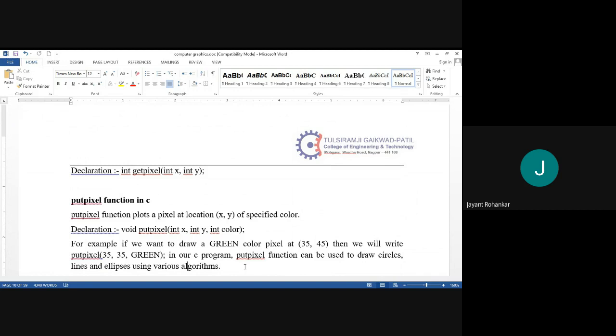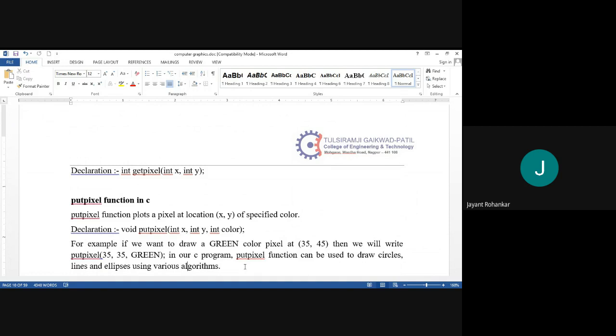So we have to give the pixel a color different from the color of the screen, to draw it at a particular location having the coordinates x comma y. The declaration of the putpixel function is void putpixel(int x, int y, int color). For example, if we want to draw a green pixel at 35 comma 45, then we will write putpixel(35, 45, GREEN); and put the semicolon.